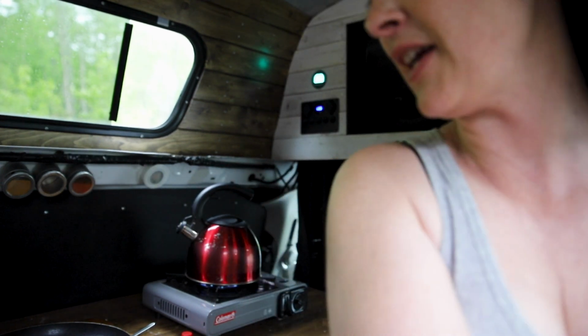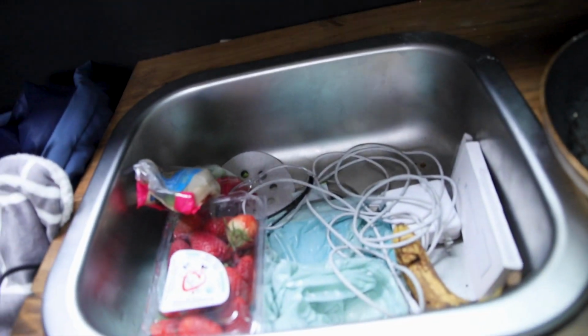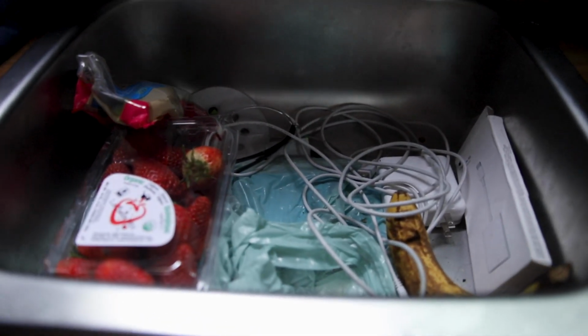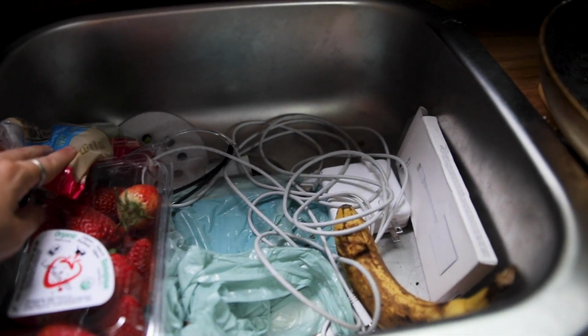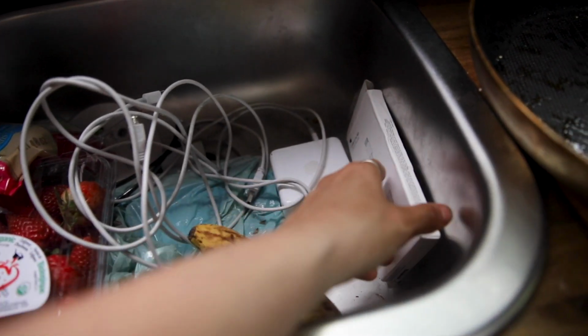It's always full of stuff. So what's going on with my sink, why I'm removing the sink, because yes, I'm removing the sink. This is what the sink looks like. It's not too bad right now. Kind of a little bit ashamed to show you this, guys, but yes, you do have fruit, vegetable, banana, water,